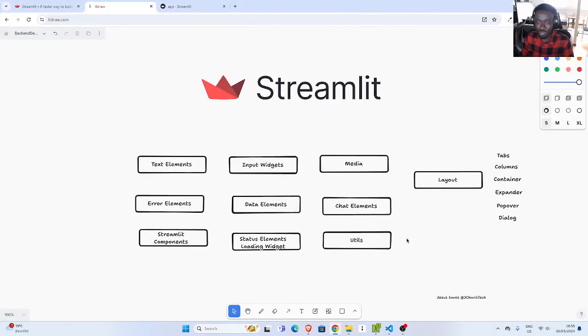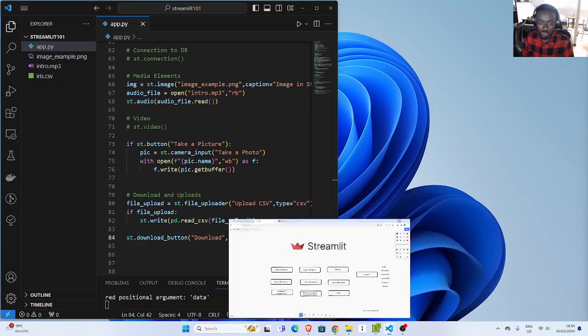Wow, that is 30 minutes. So let's go from here to the chat element, and then you go to the status element. Okay, let's go to the status element first. So for the status element,